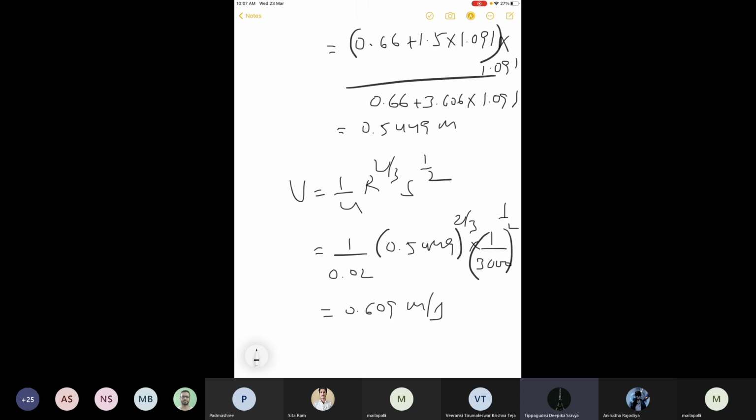Okay, and this one is less than 1.0 meter per second from the table. Sorry, this is from the table. So with this particular soil, the permissible velocity is less than 1.05 meter per second, but you get